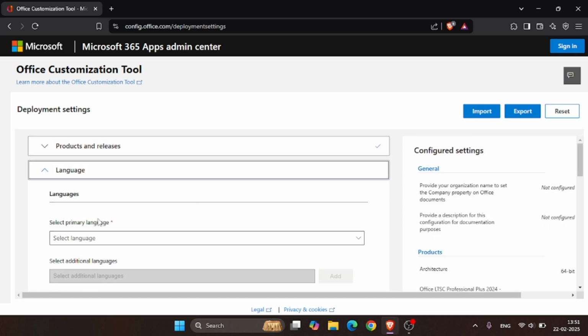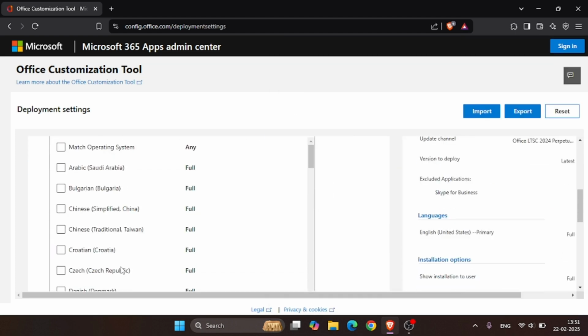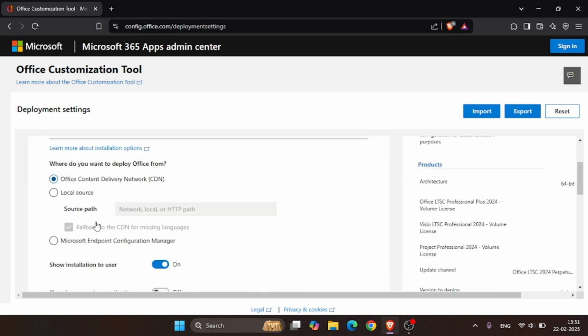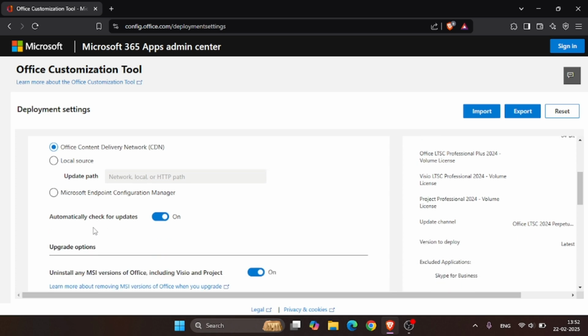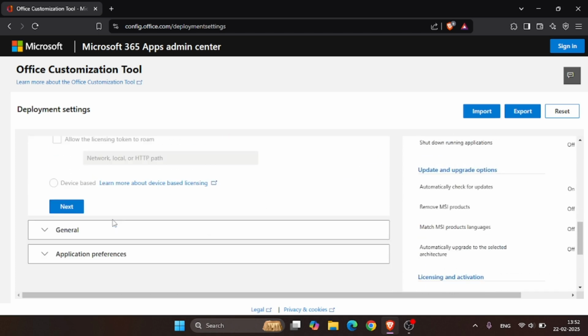Now in the language section, choose your default language. You can also choose the additional language if you want. Then leave all other settings to the default. In the Update and Upgrade section, turn off this setting, then leave all other settings to their default, and finally